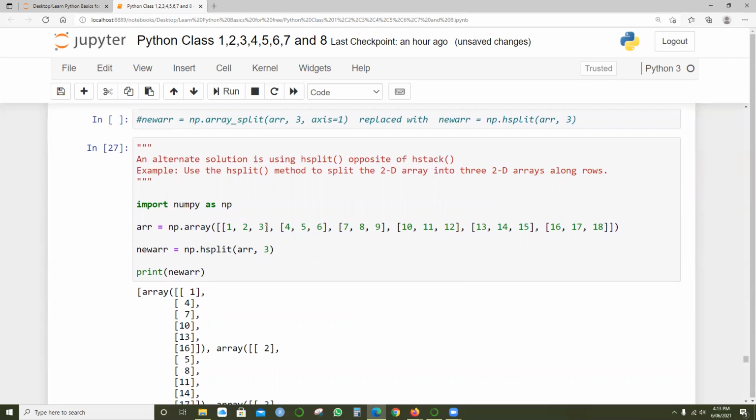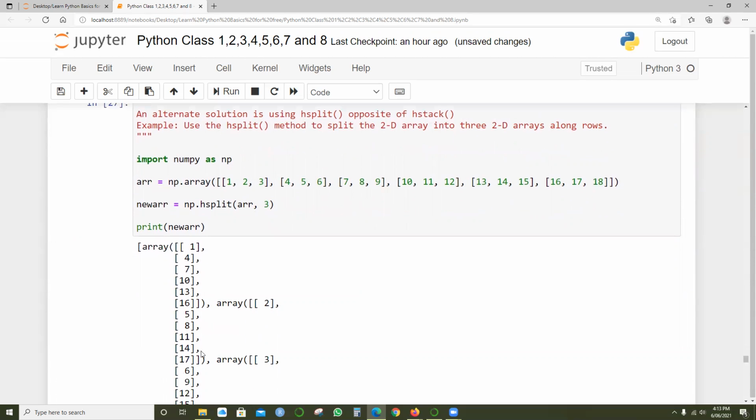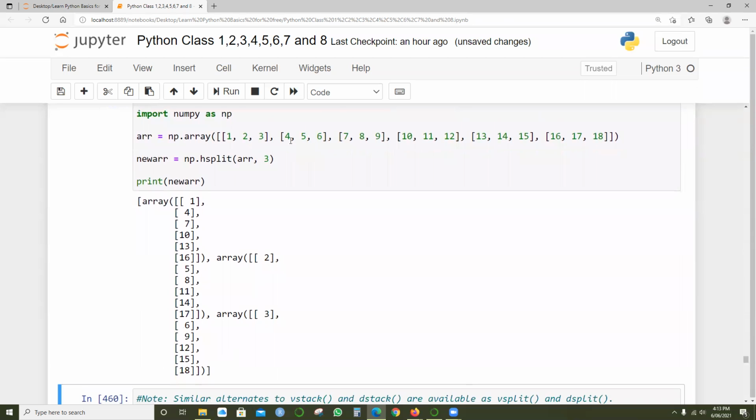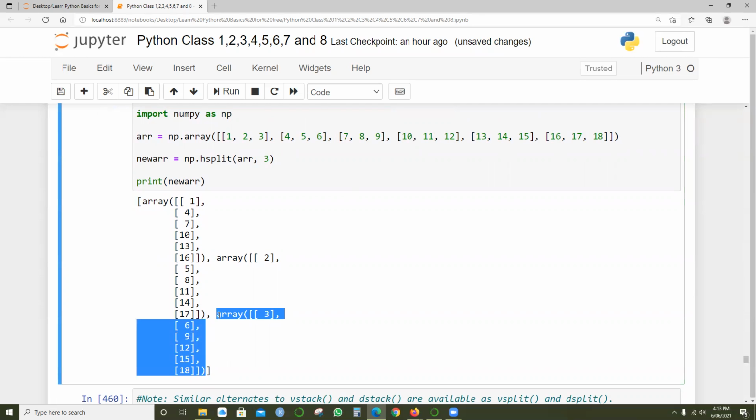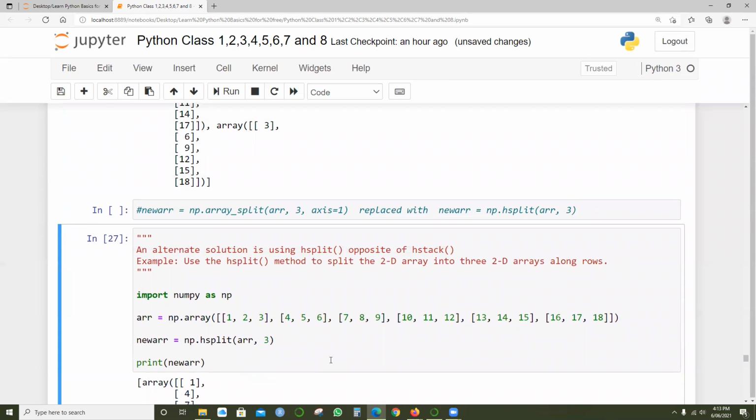Same thing 2, 5, 8, 11, 14, and 17. And the last elements like 3 and 6 and 9 and 12, 15, and 18. So if you look at this third set, you got the 3 sets, but the only difference is we have used H-split.